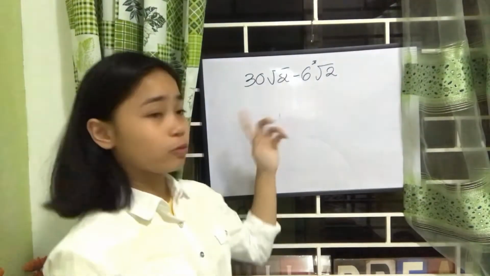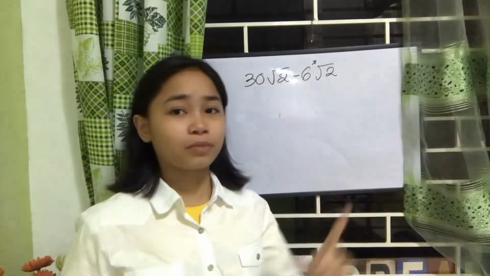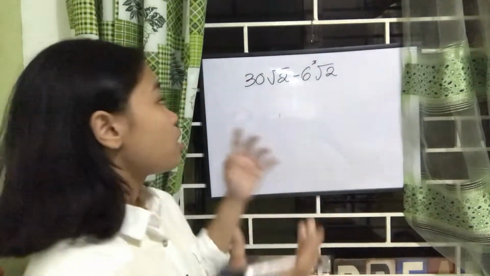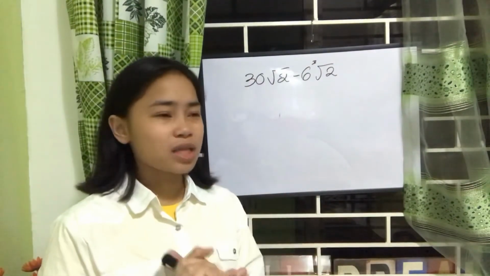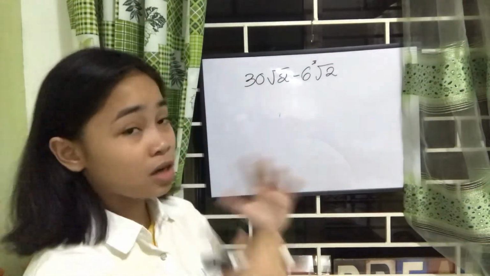30 with the square root of 2 minus 6 with the cube root of 2. That will be your answer. Because it does not have the same index. But if it has another number,